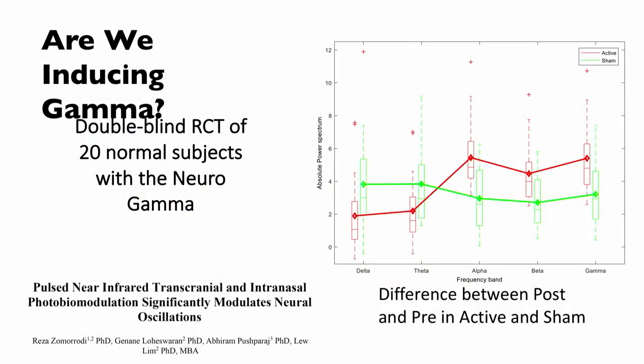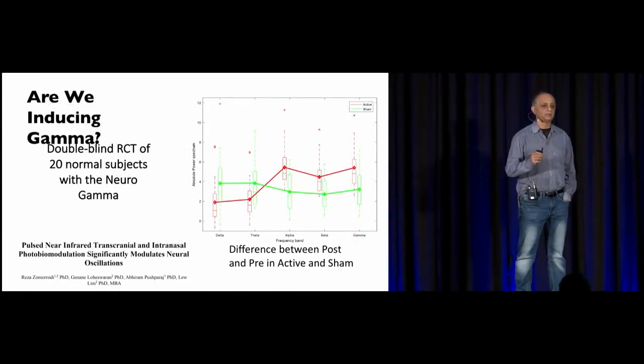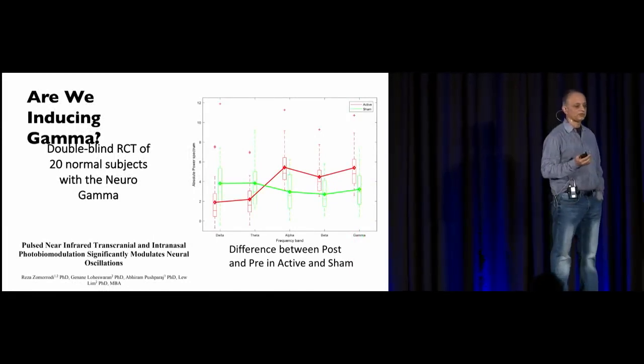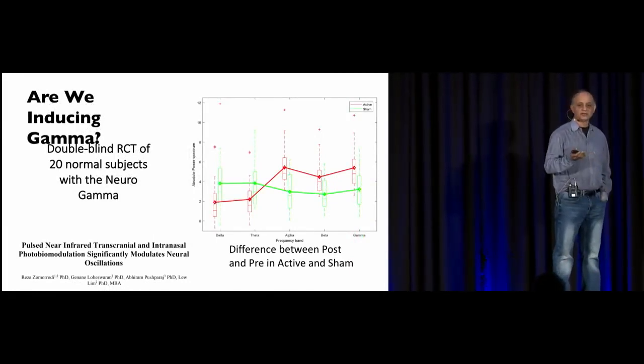So we can ask the question, when we flash light at 40 hertz, 40 times a second on the brain, are we actually increasing the EEG signal at 40 hertz inside the brain? So Lou Lim's group showed recently that that is indeed the case. So when you flash the infrared light at 40 hertz, you not only increase the power at 40 hertz, you also increase the power in alpha around 10 hertz, as well as some power in beta in the middle. So the whole brain gets a boost, and certainly you get more gamma, which is around the range of 40 hertz.